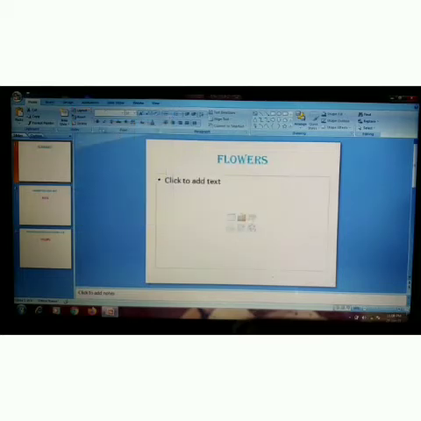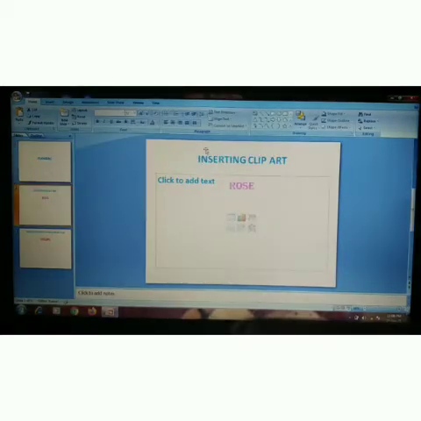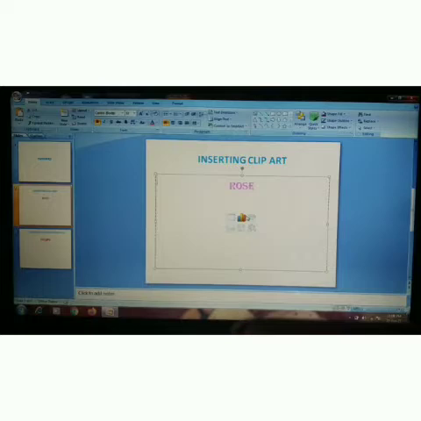The next slide layout is title and content. So this slide is a title and content slide. This is the first placeholder where you can insert the title only. This is the second placeholder where you can insert text or graphics like this. Clip art, picture from file. Then media clips like movie, audio, etc. Then smart art icon is there. Chart icon, table icon. So you can insert any of these things here in this area. So first you are going to study how to insert a clip art.